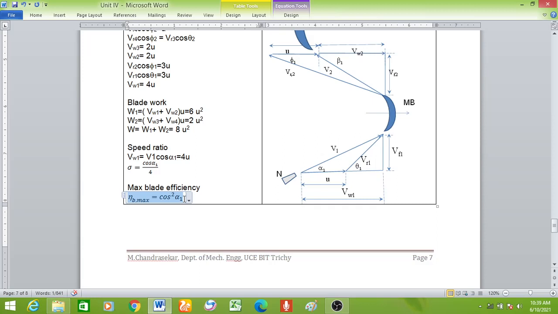So we shall now have a generalized correlation about how these things are getting changed. Another important thing is that the maximum blade efficiency may be the same for a single stage and a two stage. Say for example 95 for a single stage, and then again 95 for a two stage also. But the blade work for the same efficiency is 8 times u squared. If I use a single stage, I'll have only 2u squared. So I cannot have more work developed. The idea is that you can develop more work for the same efficiency.